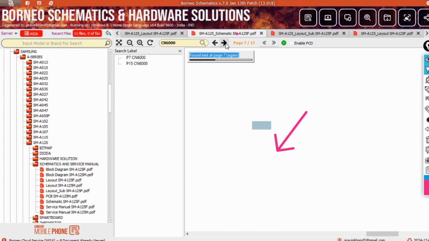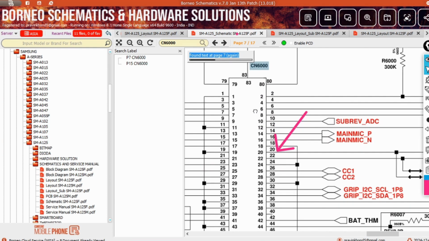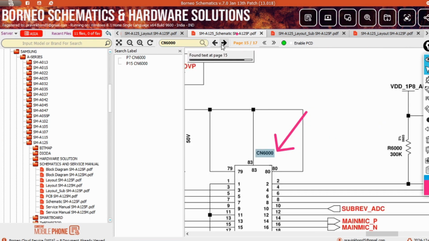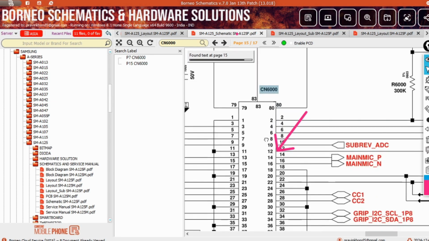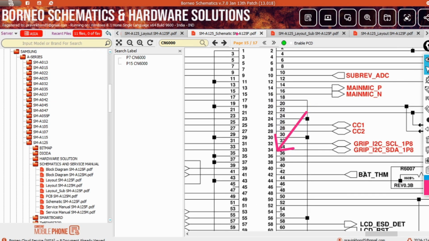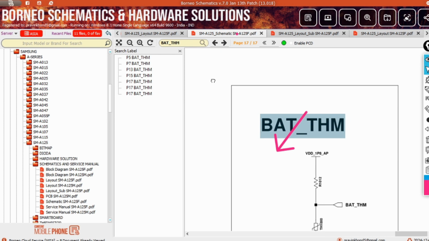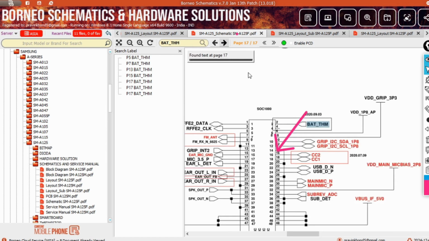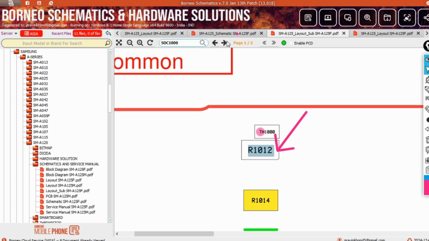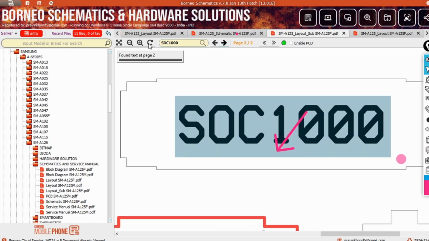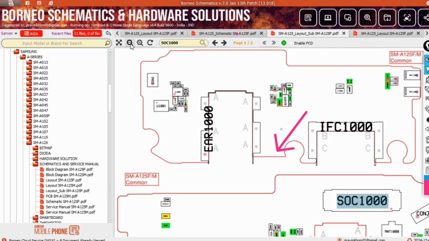Just next, this is a main board connector. Sorry, Batt thermal line, copy, sorry for that. First, and now next it will go to the divider circuit. Again SOC1000, another connector. Just copy the layout and paste it. Now, so this is our subboard